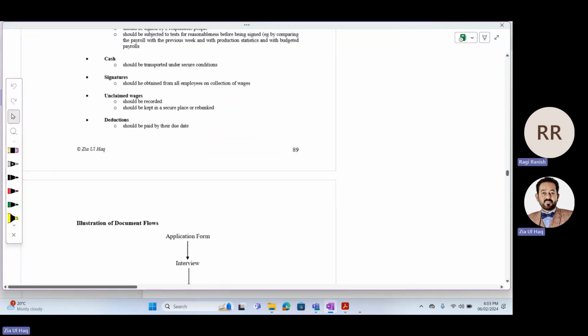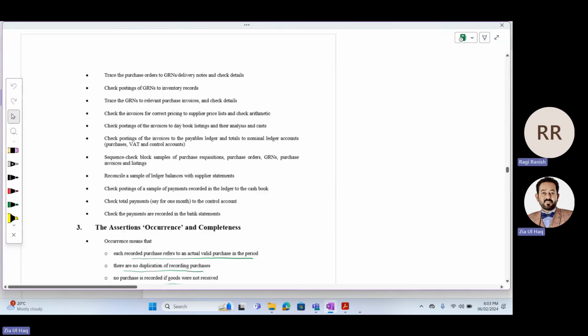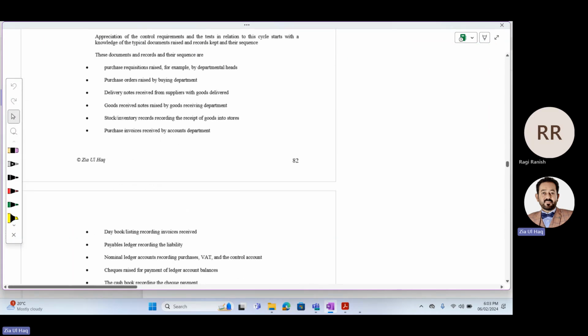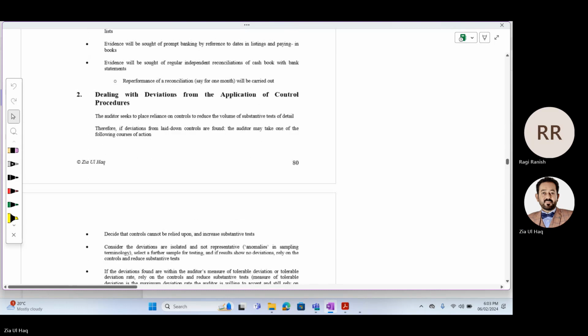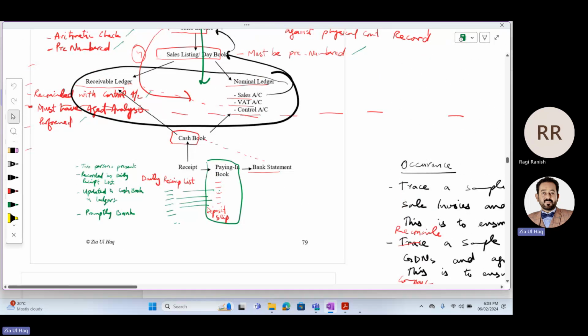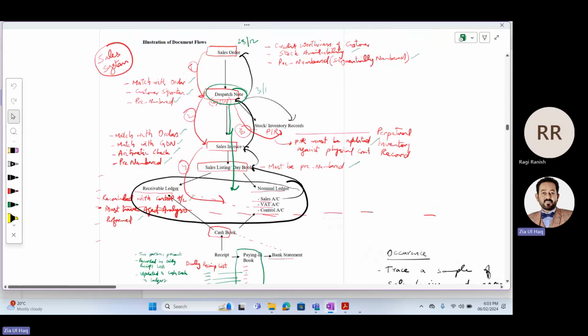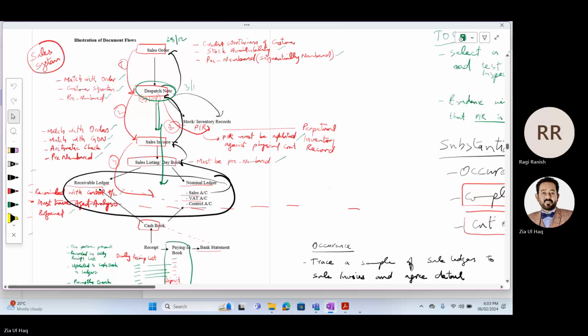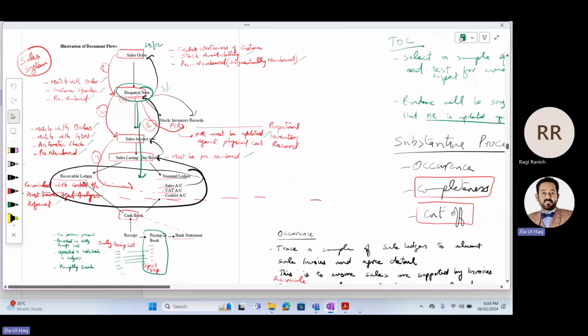Audit and assurance. In the previous lecture, we discussed the purchase system. We have discussed the sales system, the documents involved in that system, what the controls over that system could be, how to perform tests of control, and how to perform substantive procedures. In the sales system,